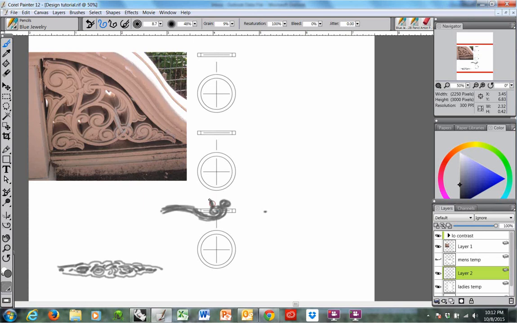And here, for the point of this floor pattern, I can put a stone. And then